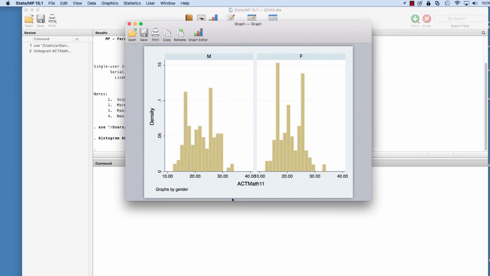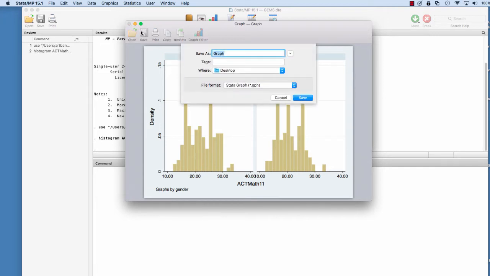And we see that we have the male ACT 11th grade math scores here and the female math scores here. They're very similar in their distribution. They both have pronounced peakedness in the data, and otherwise they look fairly normal. But we really need to be more precise about making a judgment about normality. So what I'm going to do is save these graphs to my desktop